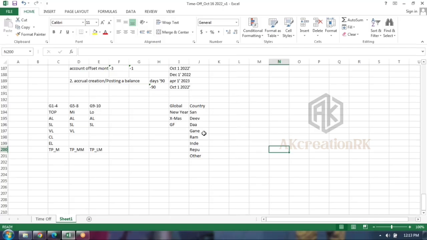While you are creating a holiday, if you mention it's country specific, you can use it for that country only. If you mention it's a global holiday, you can use it in any country. For example, for country India, New Year is anyway a global holiday, so you can call it over here. So there's a small difference, guys. Global holidays you can call in any country, but country holidays you can call country specific only. That I'll show you practically.